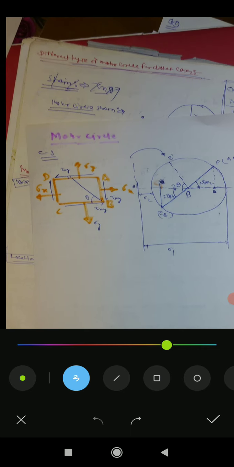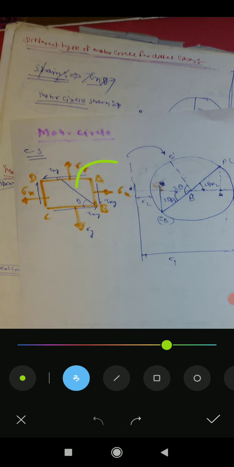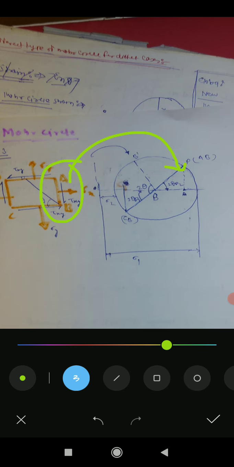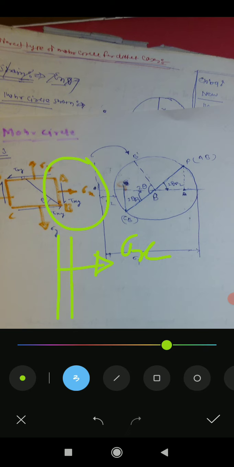Okay, देखिए वही बात कि every plane will be represented by a point on the Mohr circle. सबसे पहले आपको ये प्लेन पकड़ना है. ठीक है, ये प्लेन पकड़ा आपने. इस प्लेन पे कौन कौन से स्ट्रेसेस लगे हुए हैं? ये नॉर्मल स्ट्रेस लगा हुआ है सिग्मा एक्स. ये वाला टाउ एक्स वाई लगा हुआ है, किस डायरेक्शन में? क्लॉकवाइज डायरेक्शन में. हमें पता है कि नॉर्मल स्ट्रेस के लिए हम एक्स एक्सिस पे जाते हैं.